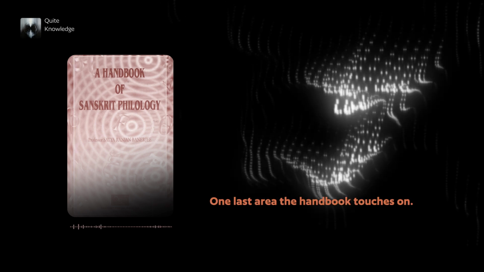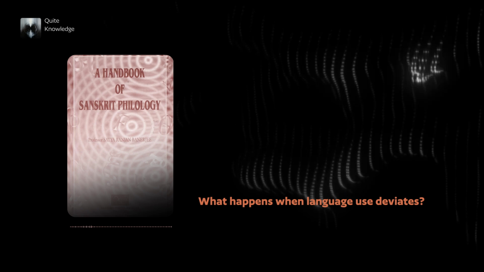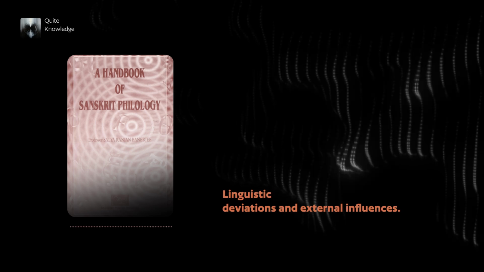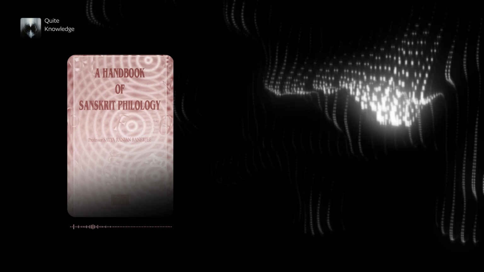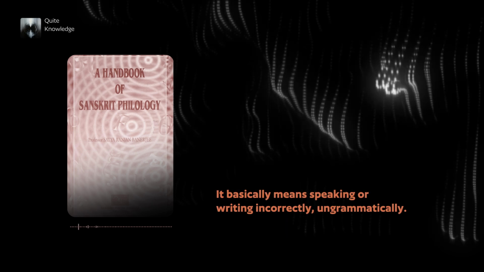Okay, one last area the Handbook touches on. What happens when language use deviates? Yeah. Or when languages meet? Right. Linguistic deviations and external influences. It brings up the concept of solecism. Solecism. Sounds serious. It basically means speaking or writing incorrectly,